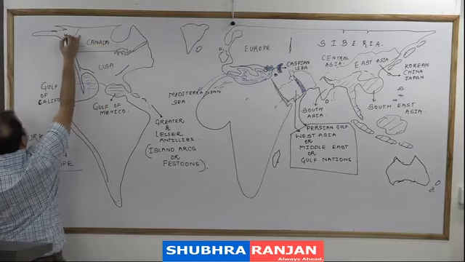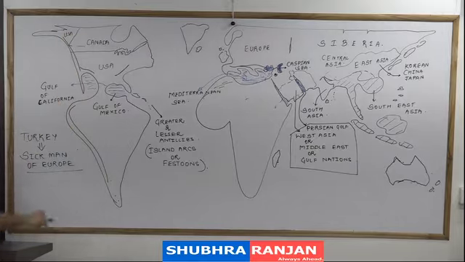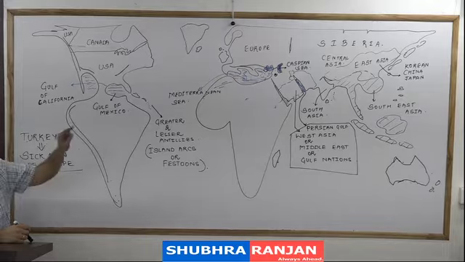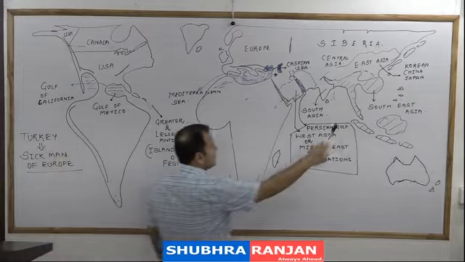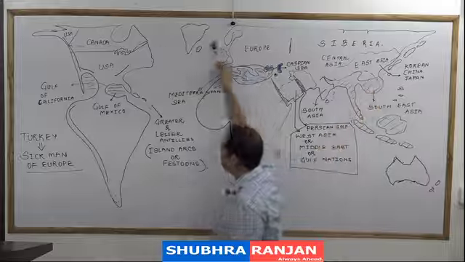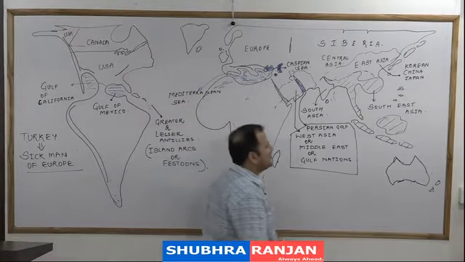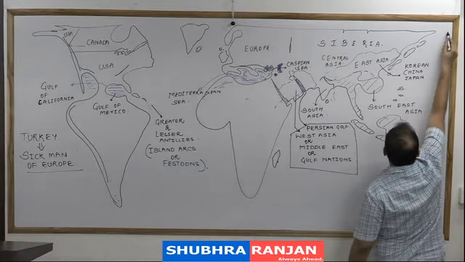And again USA, why? Because this Alaska is a part of USA. Now tell me, if you want to go from Japan to USA, how will you go? You will go through